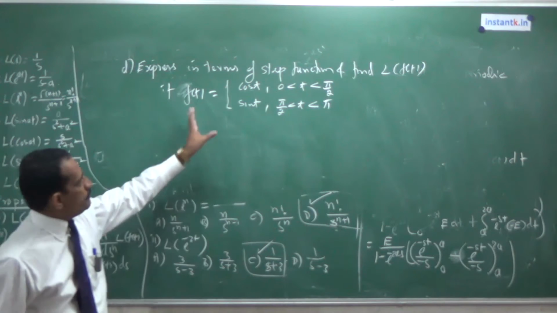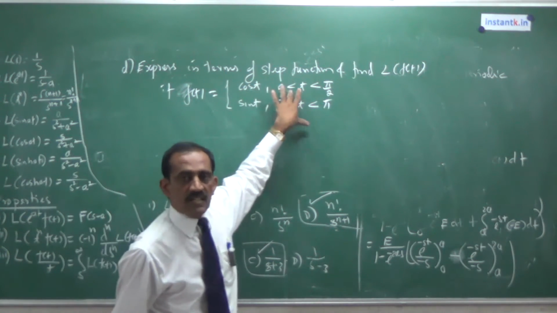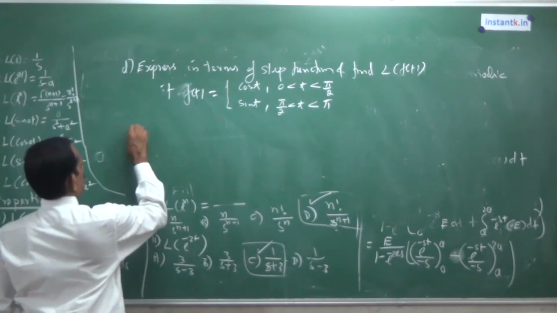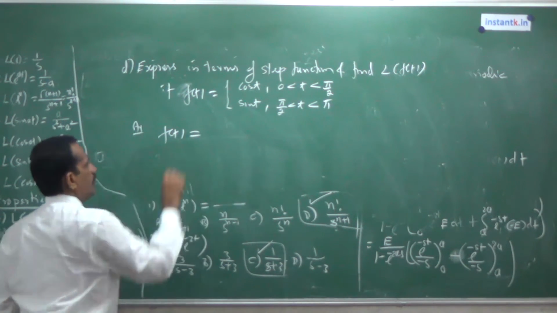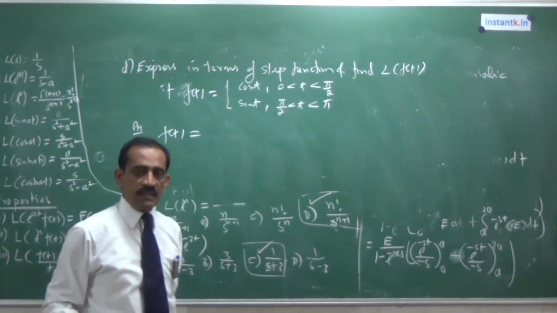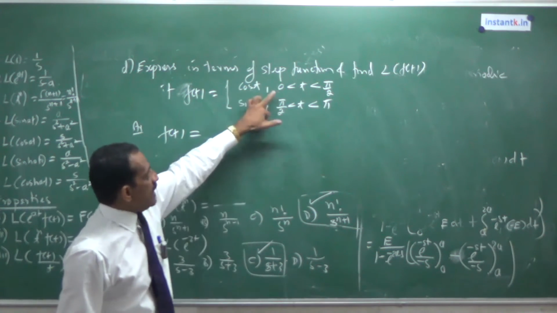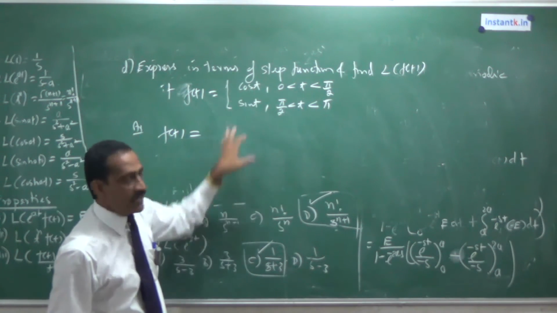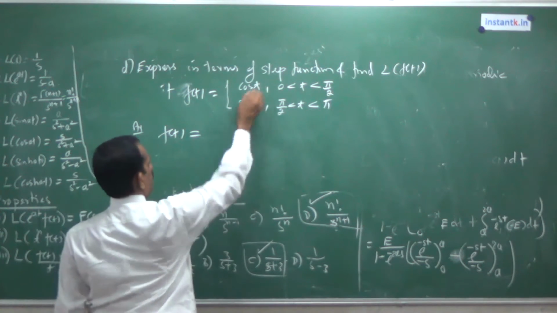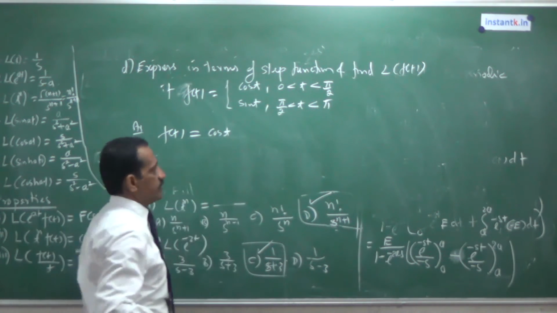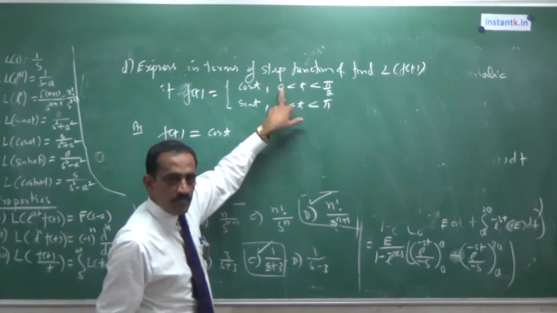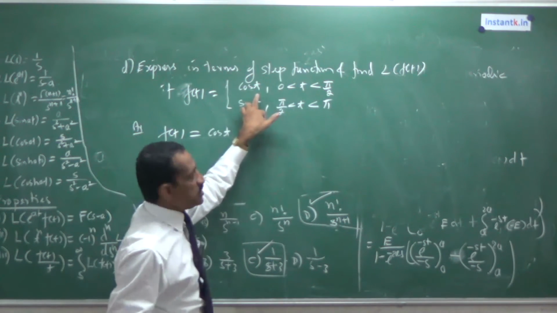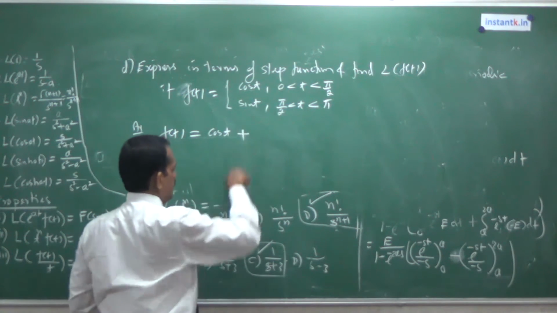So first, what you have to do? Using unit step function, express this as a single function. How do you write it? That must be remembered. How to write any function using step function. If it starts from 0, first write this function. It is f1 of t. So first write f1 of t. What is that? Cos t. It starts from 0. If it does not start from 0, but from some other number, you have to attach the switch for this also. Next, write plus.